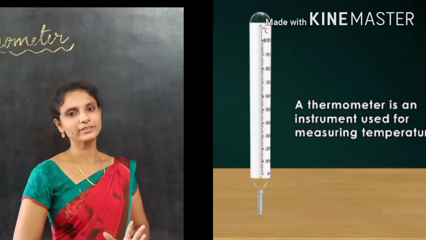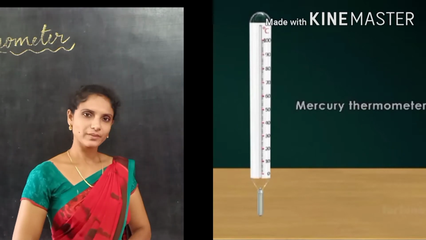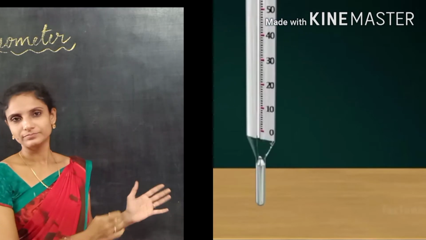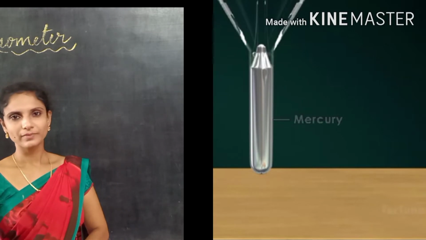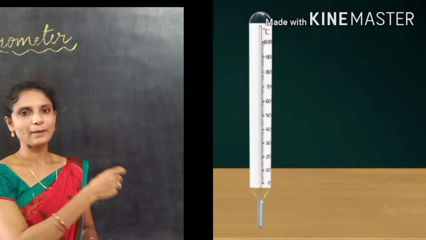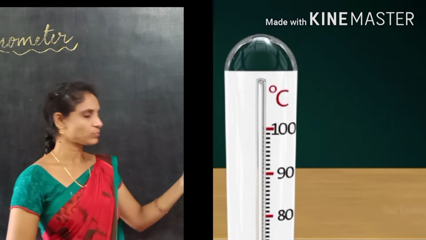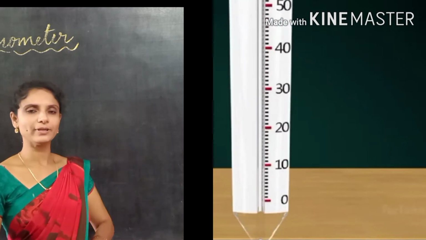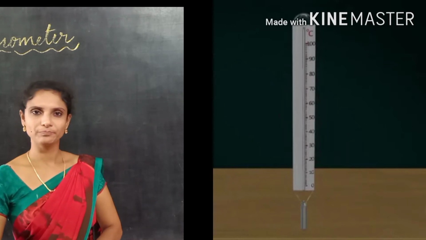We are familiar with the mercury thermometer. If you see the thermometer, outside we can see the glass tube, and at one end we can see a construction called the bulb, which is filled with mercury, a silvery liquid. From the bulb a capillary tube, a small tube, runs for the flow of mercury, and the other end of that capillary tube is sealed off to prevent further extension of the mercury.